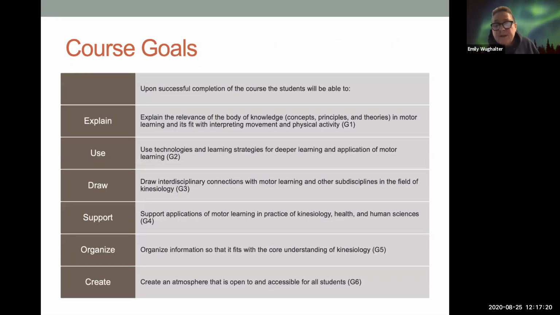I'm going to go back. In motor learning, we're going to look at interdisciplinary connections, because motor learning these days cannot be done without exercise physiology and without biomechanics. Especially biomechanics has very important intersections in the ways that we describe performance. Many of you, I'm sure, have completed the biomechanics class.